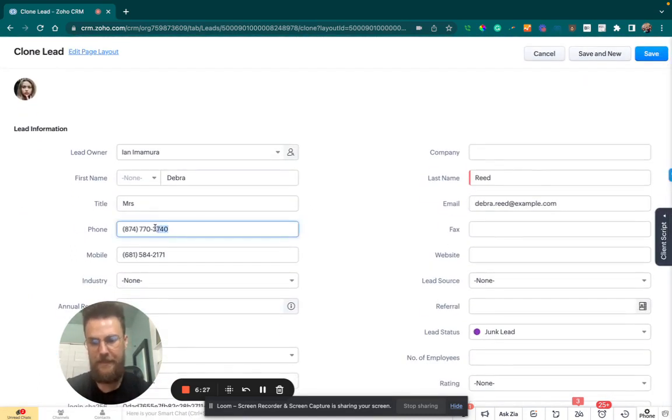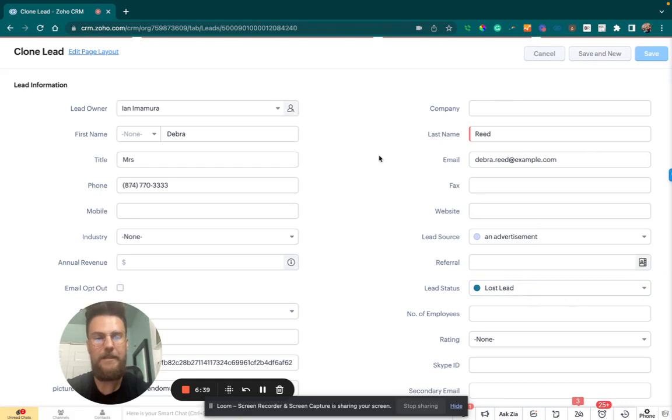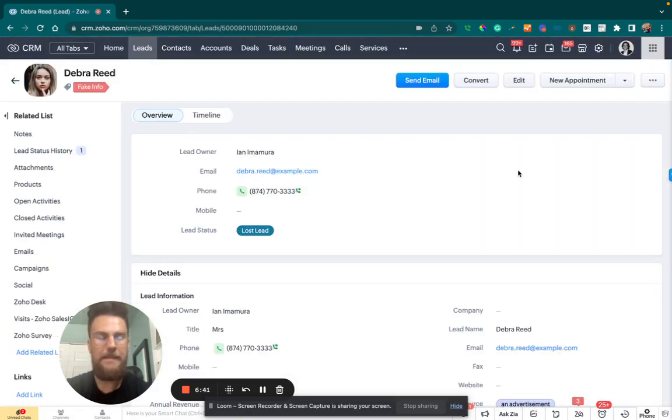And I'm going to say that this phone is different. I'm just going to change some things up so that it gives us a conflict to resolve. And same thing, it's going to just give you the 2 options. Choose which one you want to merge. So we've got Deborah Reed